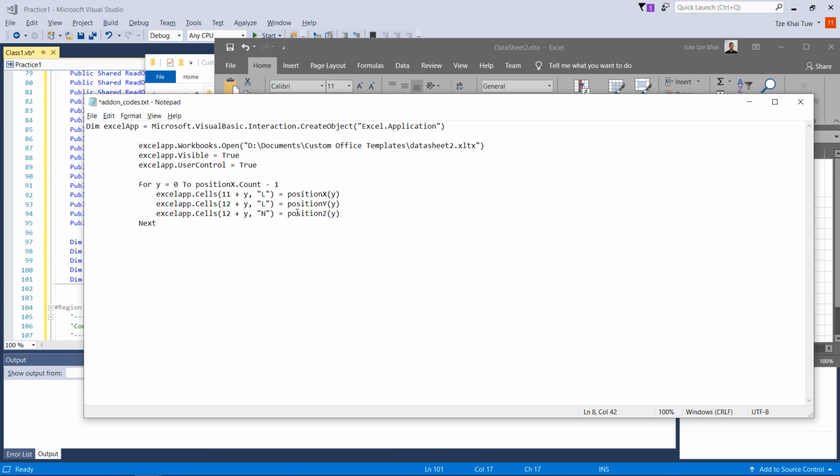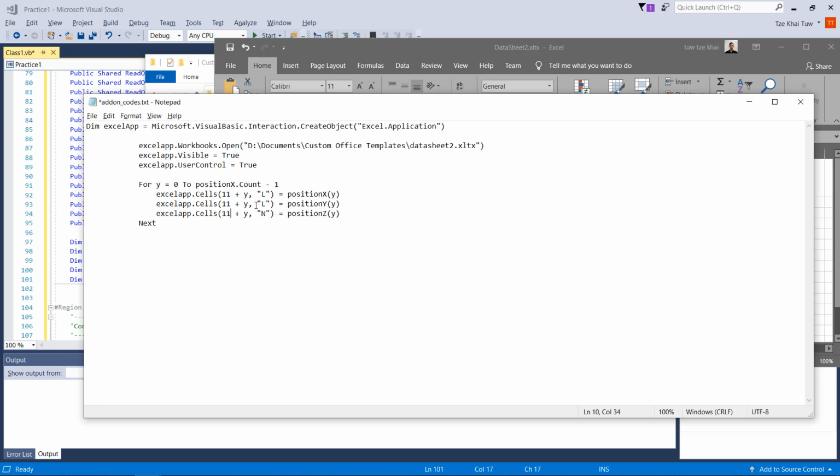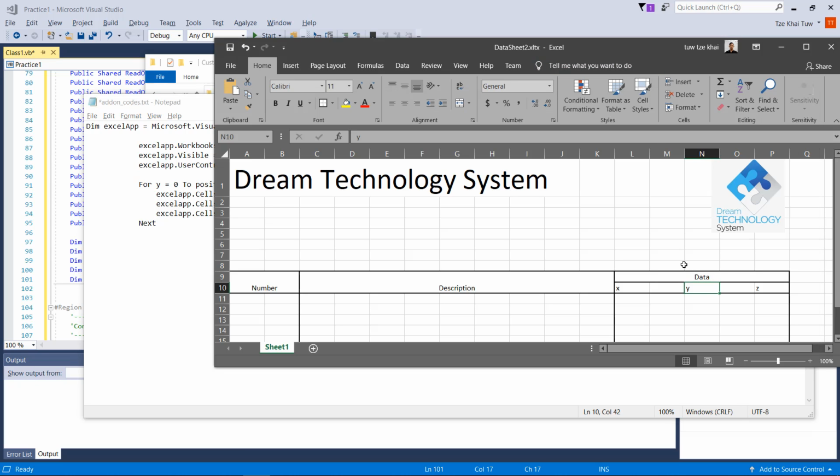So this is some of the codes that are actually hard-coded to your specific templates that you need to modify by yourself in order to work. So let's say if I change this to 11, and for Y information is actually N, and P for Z. Y is N, P. Yep. So L